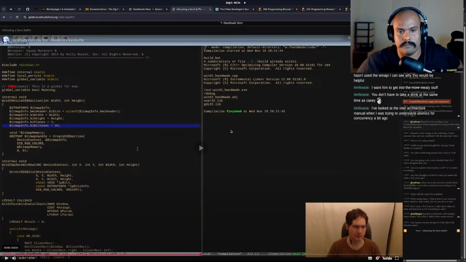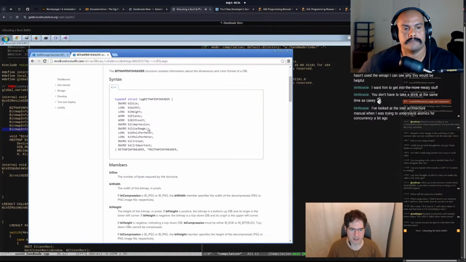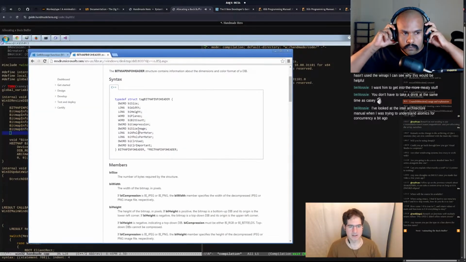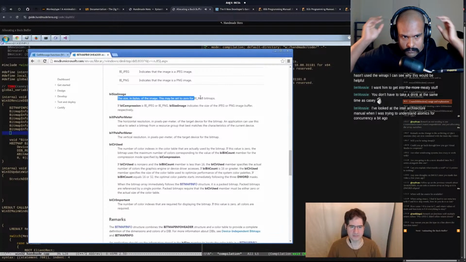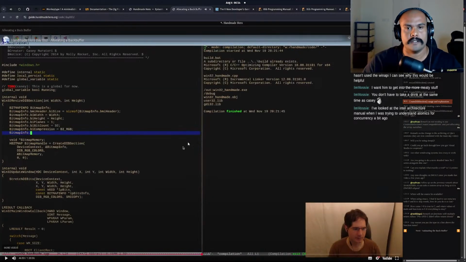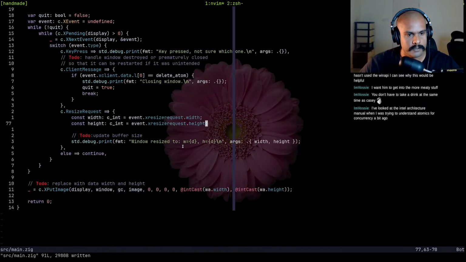Okay, let's go. For the format, sorry, what was the actual format name? It is BI compression. There we go. Size image. What on earth is that? The size in bytes of the image. This may be set to 0. Hang on, I think I kind of understand now. A little bit. So when I resize,